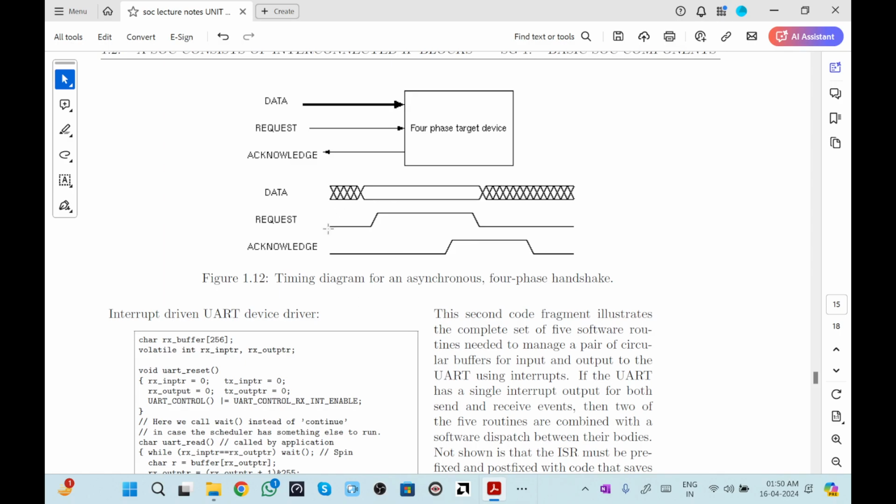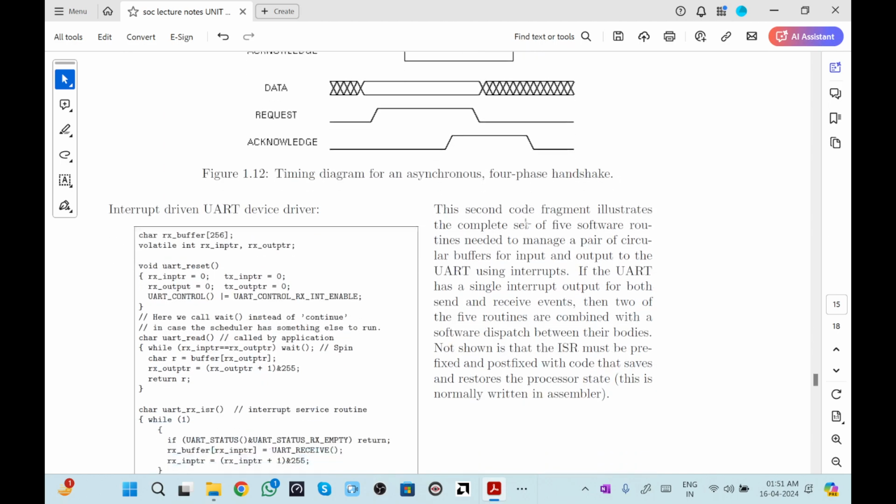So this is all about the RTL logic, how the waveforms are triggered. There is multiple data, that's why we can see multiple crosses over here, connections. This is a request signal and this is an acknowledgement. Whenever data needs to be transferred, the request signal goes high, giving permission that the transaction can happen. Then acknowledge is the signal that, once the data has been fully transferred, goes high, telling whether the transaction has been completed or not.